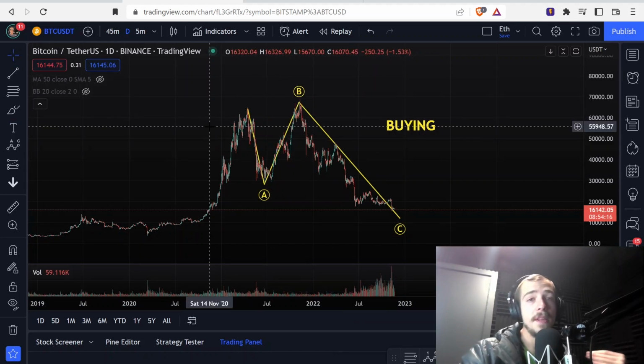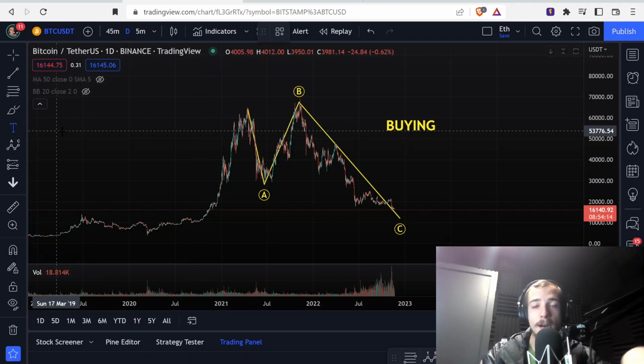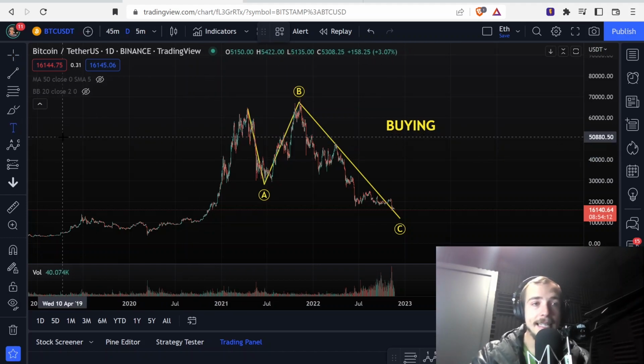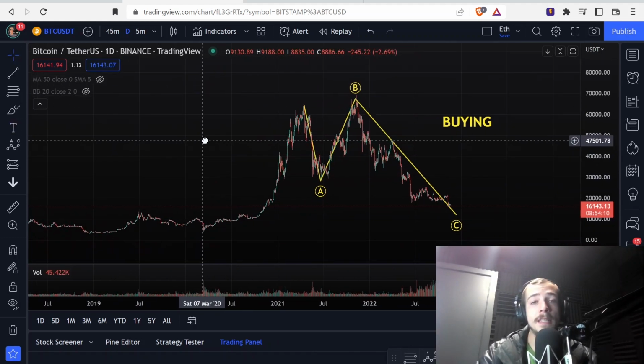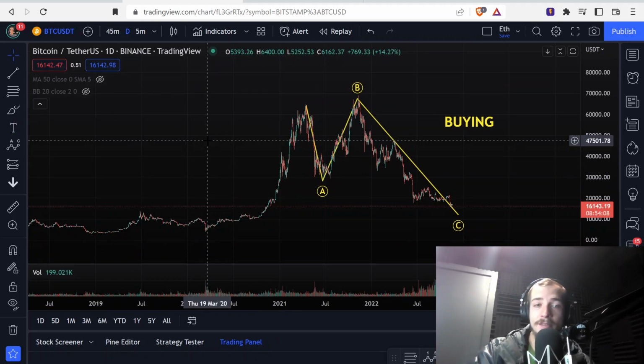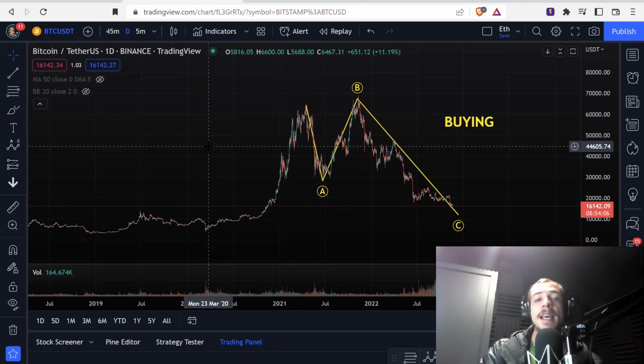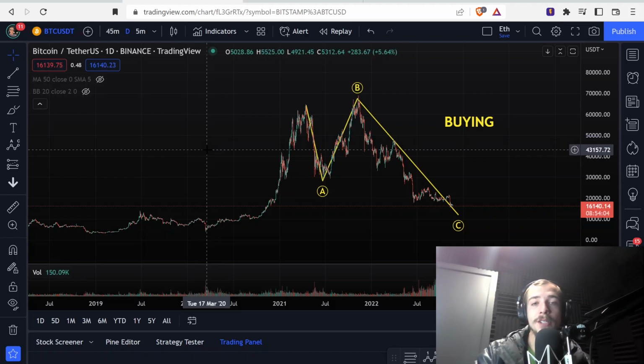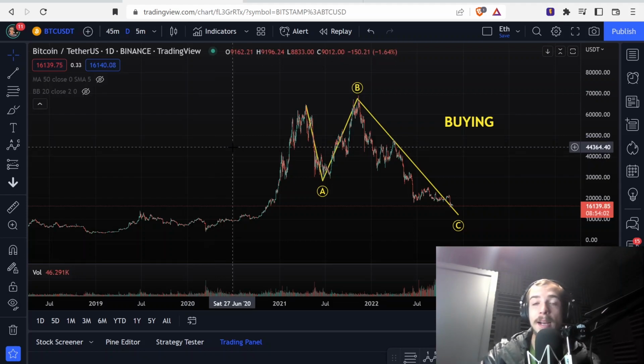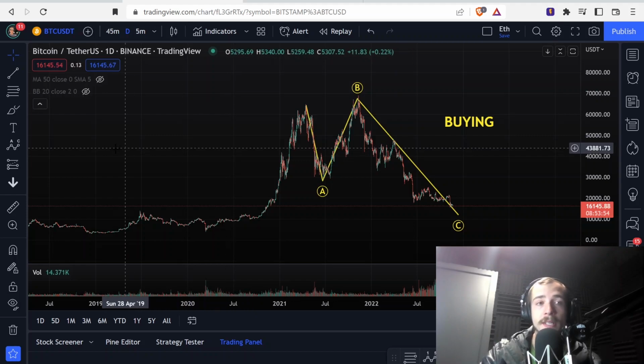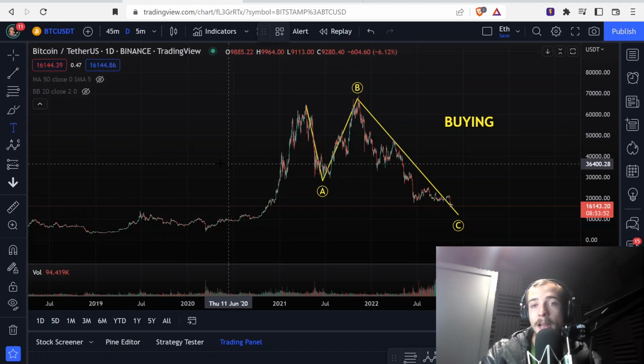Also, this would not be the first correction I bought on Bitcoin. As I said, Bitcoin has been something I have been around and invested in for a long time. And these types of corrections are something that I'm actually quite accustomed to at this point. And so buying Bitcoin inside of a correction is something I'm very comfortable with personally, and something I'm willing to do.